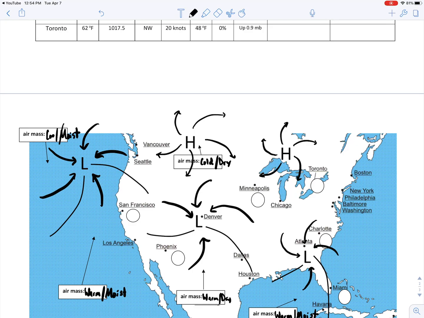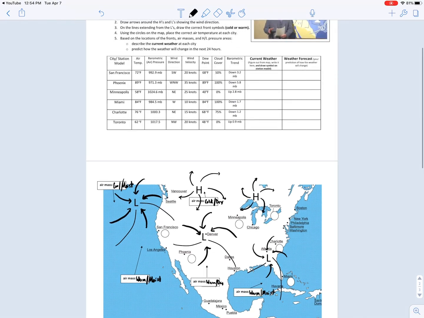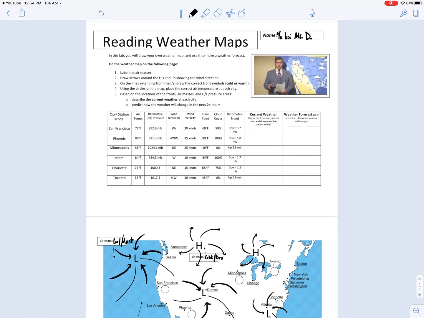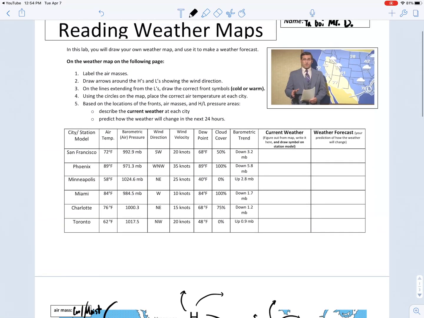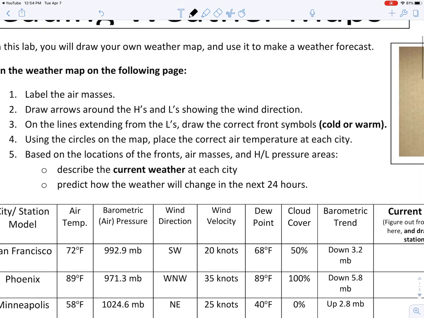Low pressure, you should have arrows flowing inward and swirling counterclockwise. High pressure, outward and spinning to the right as those winds flow away from the high pressure. So we're clipping right along here. Hopefully you've paused at each little phase and finished it when I show you roughly what your map